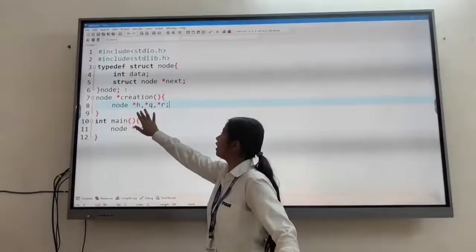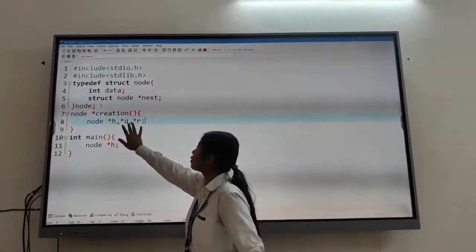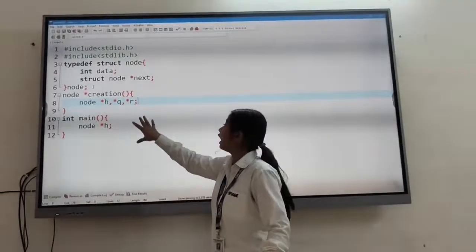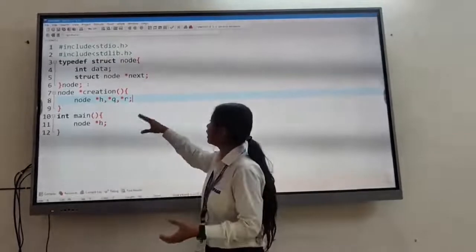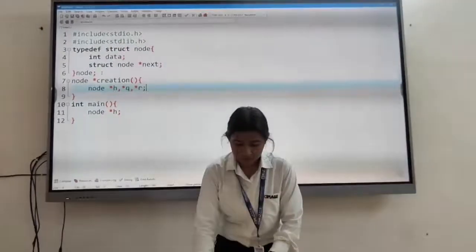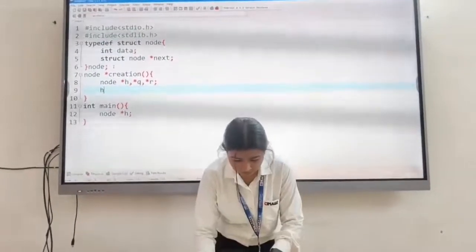Means first one is head, the first one points to head. Second one is used to update the next value, and R is used to create the next node. So I am going to create one node, that is head, H equal to